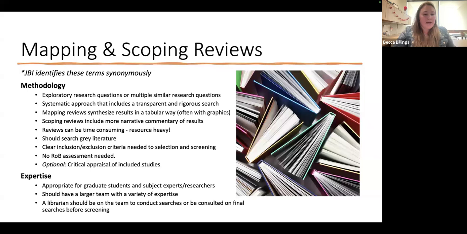Now, you don't need a risk of bias assessment. You can use critical appraisal tools of the included studies, but it is not a requirement. It really just will make the evidence stronger. These are appropriate for graduate students, but you do want to have a mix of subject experts and researchers too